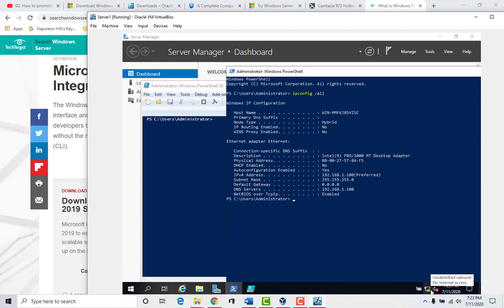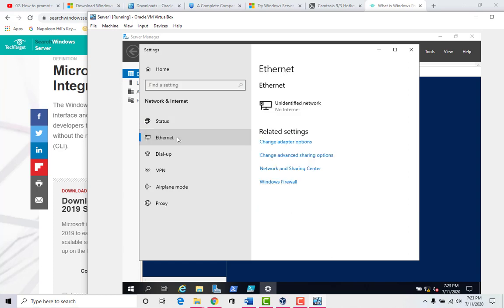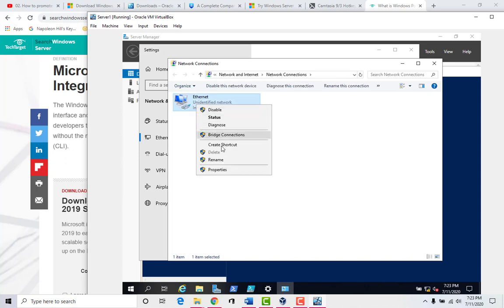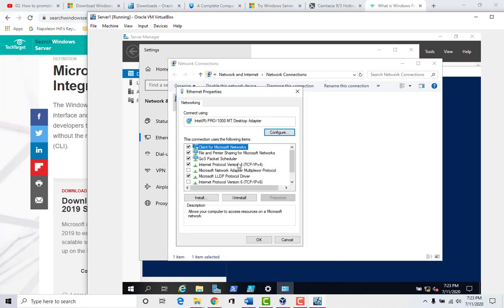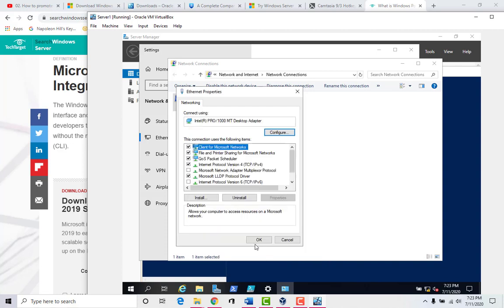I can just go back here to the network icon. Okay, I can go to the Ethernet connector, change adapter settings, options. I can go to properties. I can go to my TCP/IP version 4 protocol, and I can see that the gateway is empty. So let me put that in for now. We're probably going to be making some changes later on as we add different things to the server and as we want to have access to the outside world. But for now, I'll make the changes here, right?